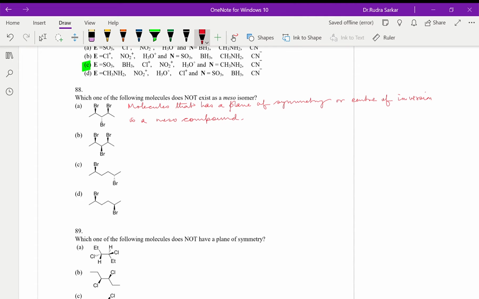Okay. So that way if we check the first molecule, as you can see, it is having a plane of symmetry. The molecule can be divided into two equal halves. Molecule B also is having a plane of symmetry, which means the molecule can be divided into two equal halves. For molecule number C, as we can find that